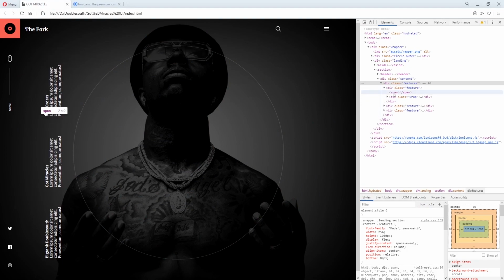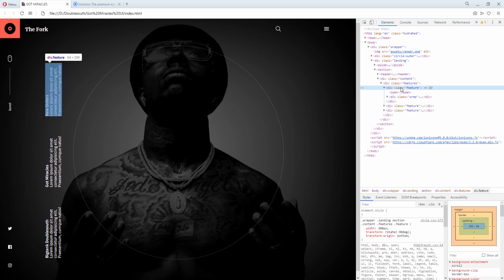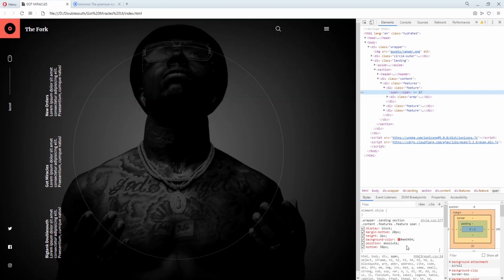Alright, so the span inside here, we'll see our feature. Remove the width. We'll set display block, margin bottom 20, width. If I set the width here, it's like 20 pixels.